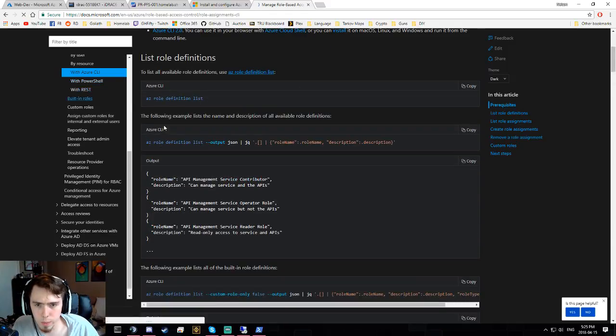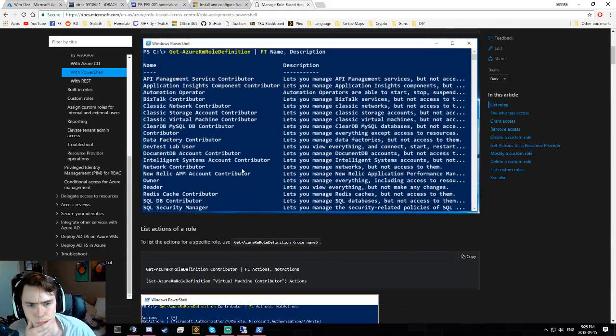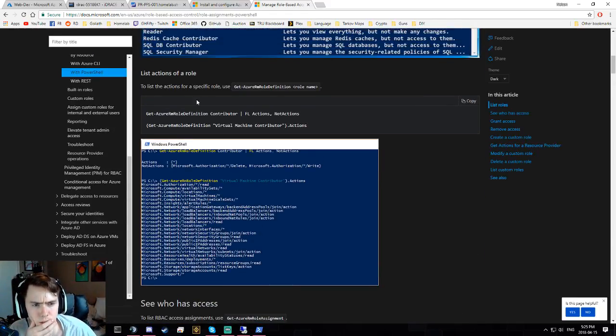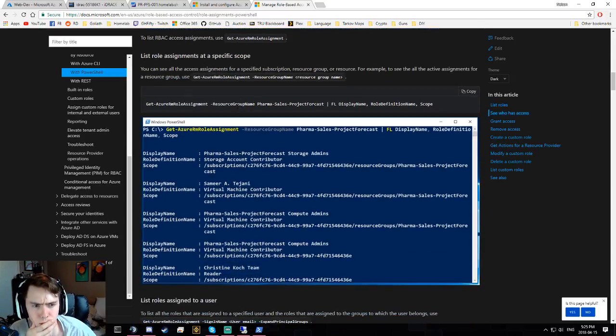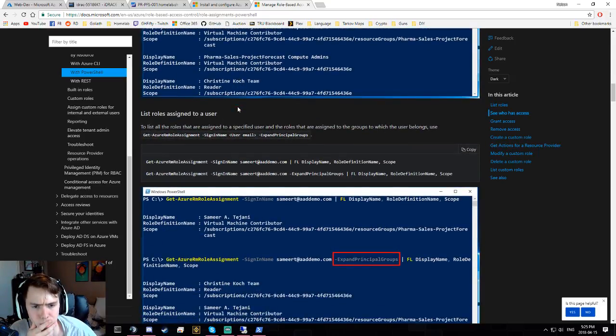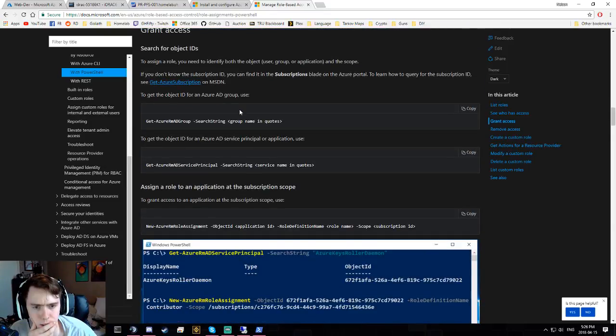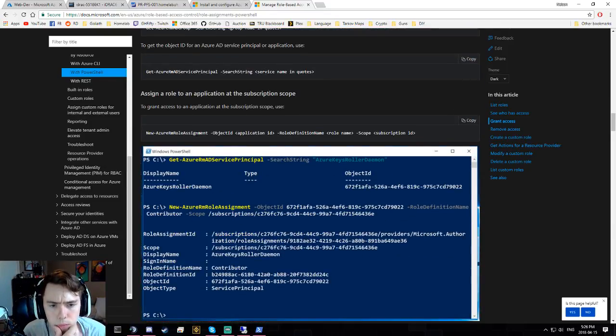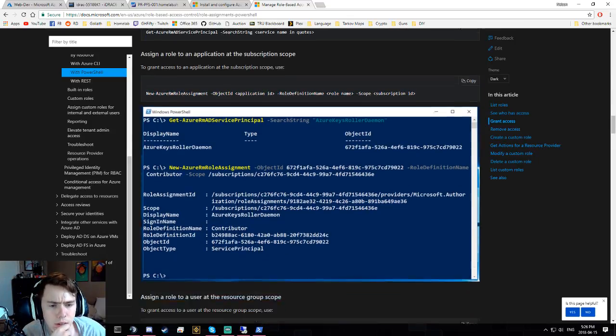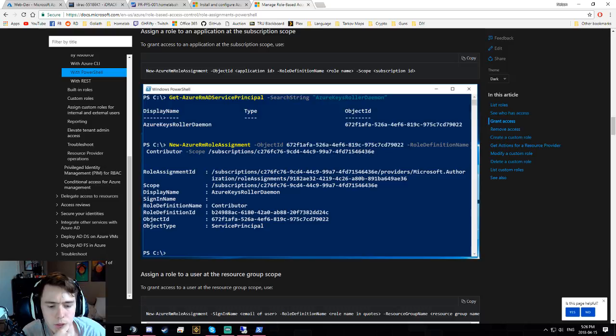I want it with PowerShell. All the get stuff, grant access. It's new, not set. Let's do